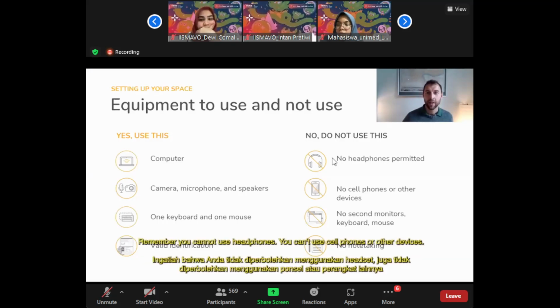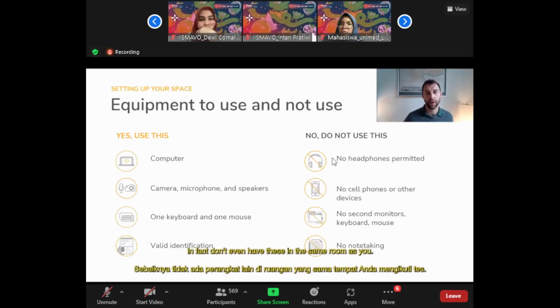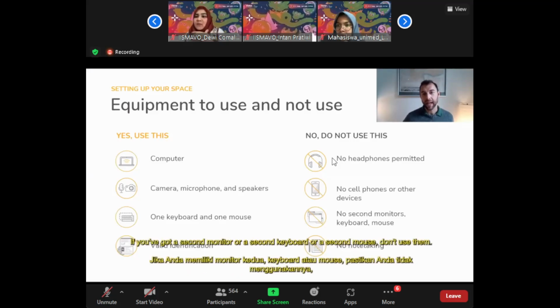Remember, you cannot use headphones, you can't use cell phones or other devices. In fact, don't even have these in the same room as you. All smart devices, cell phones, tablets, smartwatches, all those things need to be off and far away from you, ideally in another room. If you've got a second monitor or a second keyboard or a second